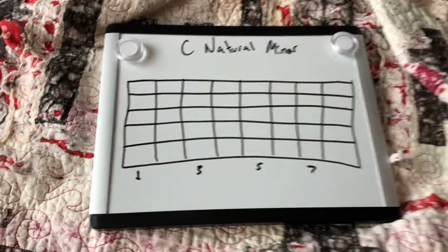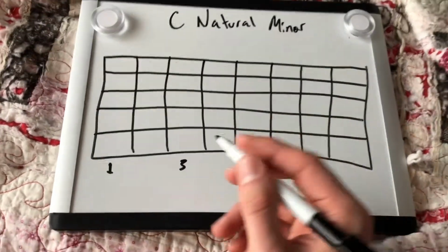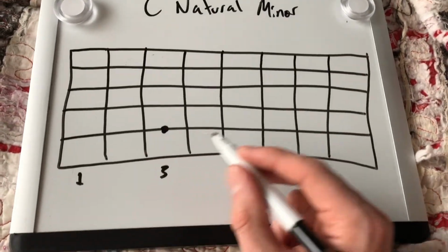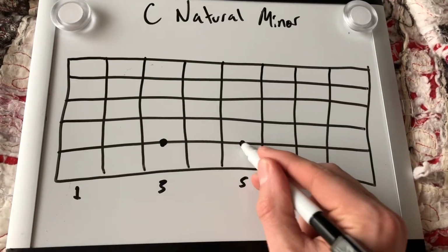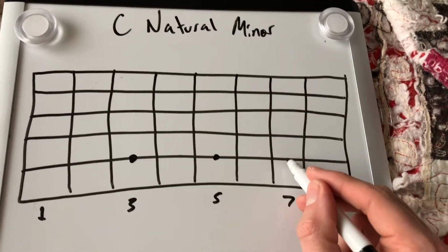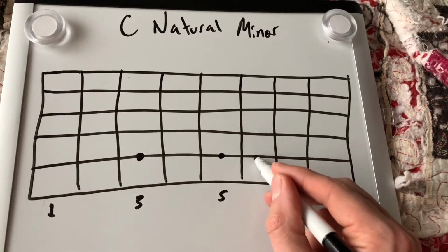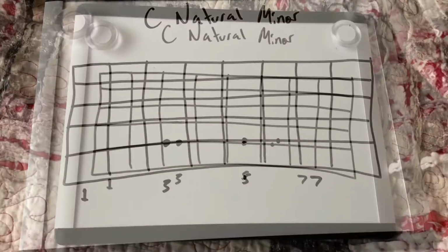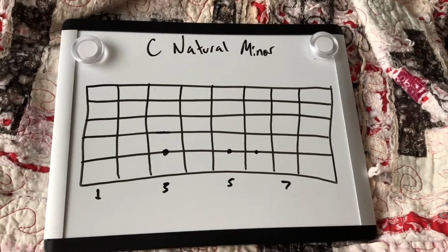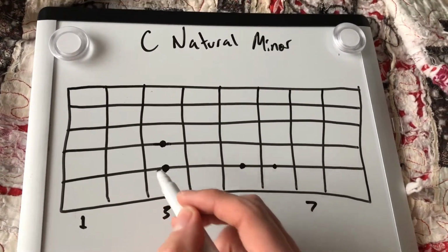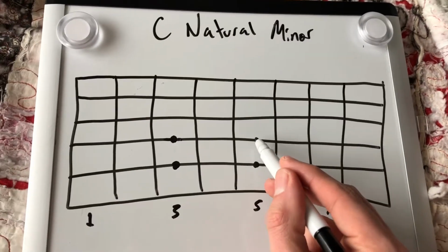So to find these on the fretboard, for C natural minor, you would start at C, and you would go to D, and usually you would go here to E, but you're going to flatten it, so it's going to be found on this fret now. Now the next note is going to stay the same, so we're going to have F right there, we're going to have G,